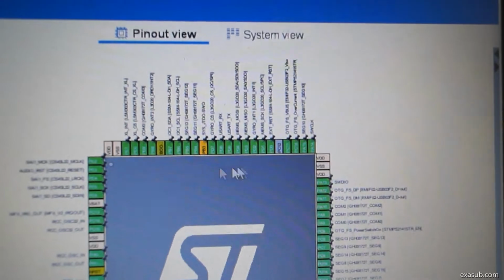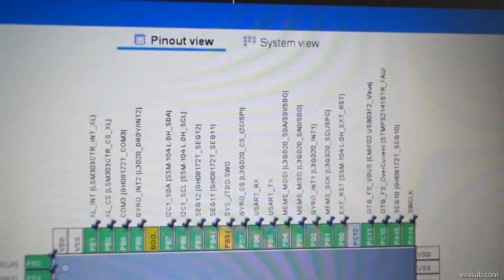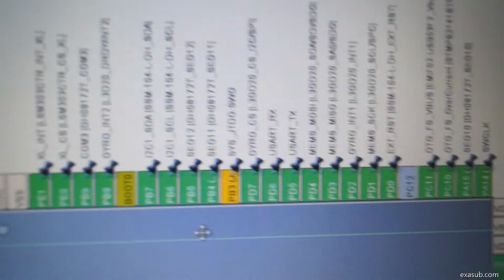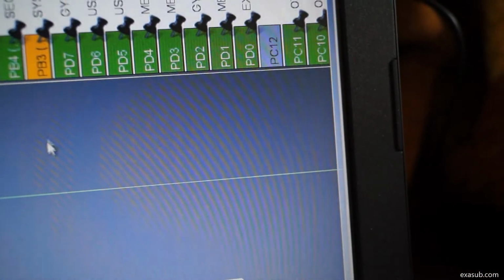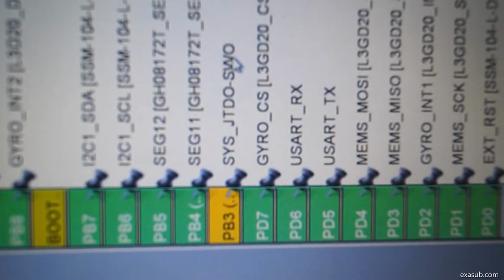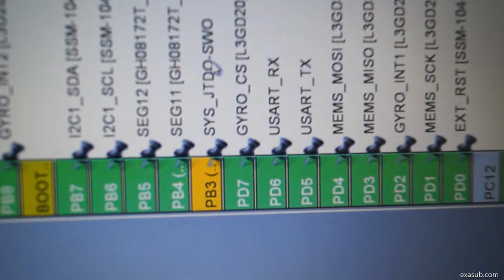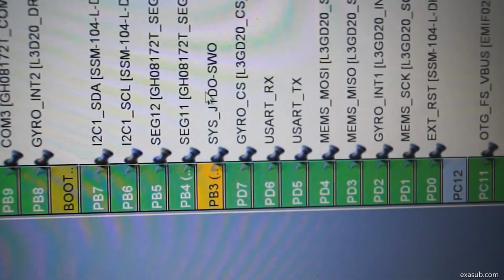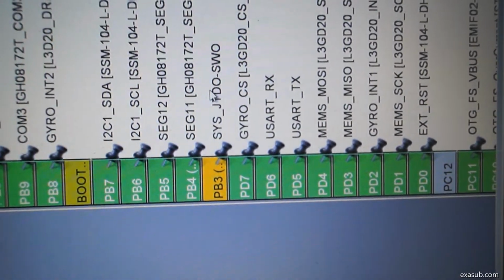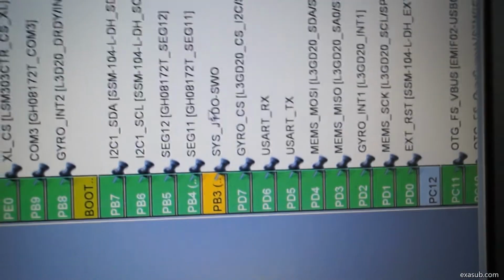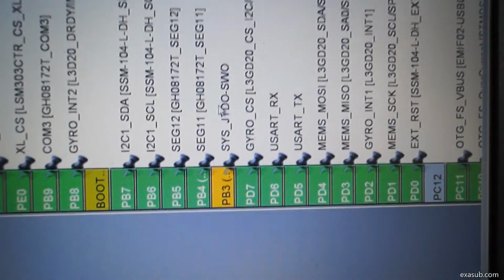I have also made a small change in the pinout view, which is I have enabled PB3, which is over here, as JTDO SWO serial wire output, because I will be using printf for reading the value, to display it on the debugger window.